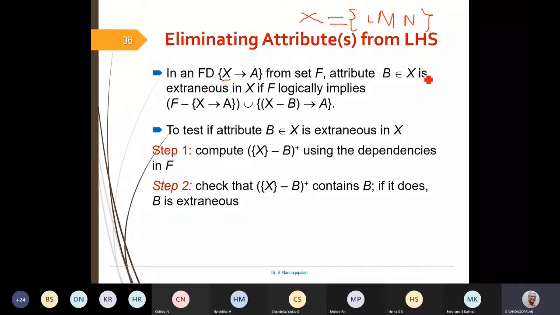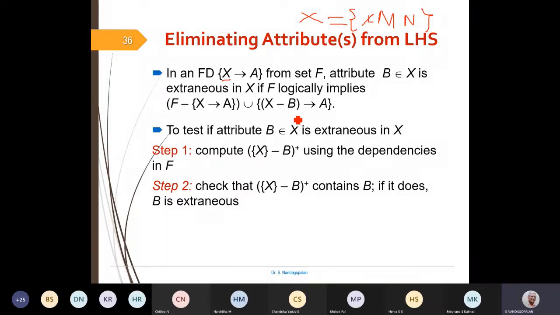So I just pick one attribute that belongs to the left side. After removing B from X, whatever is left out, like if I remove L and M, N may be the attributes which remain in X, they could determine A, plus this whole FD, which was originally LMN determining A, will still hold.